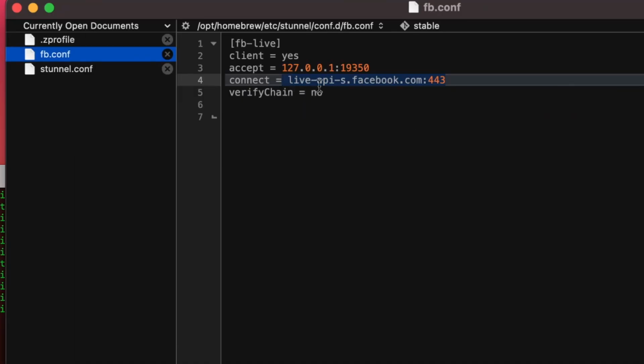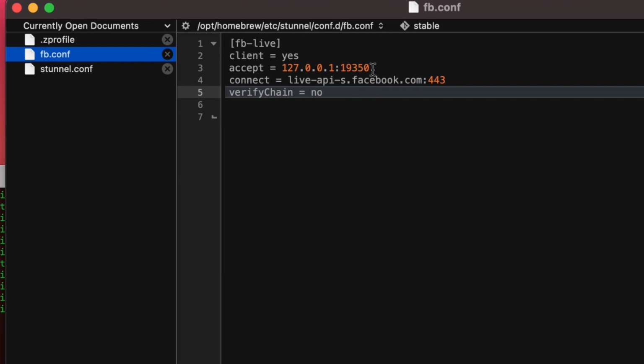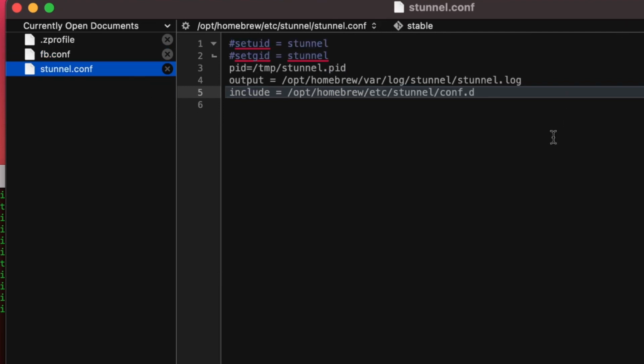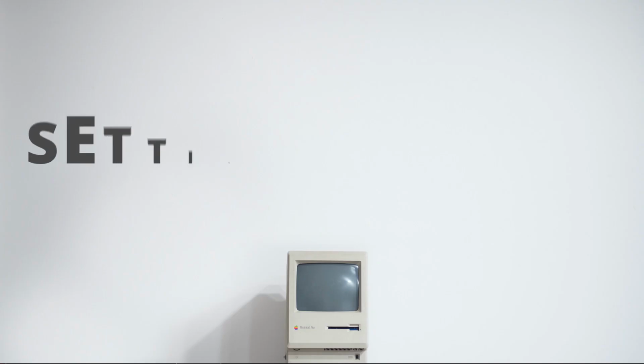So it connects to that one. And that is how you go from straight RTMP to RTMPS. So now Stunnel is set up, hopefully. Let's set up